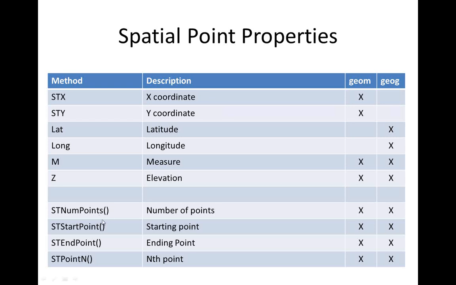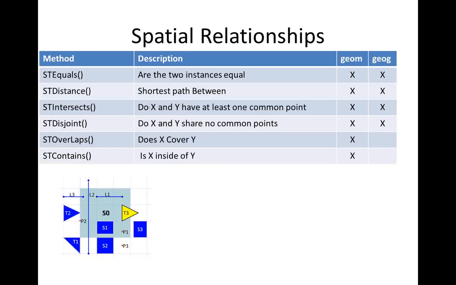And then you have some other methods like getting the number of points if it's a geometry, getting the start point, getting the end point. We'll have a demo of that later as well. Then there's methods to test spatial relationships. So if two objects intersect each other, if they're completely disjoint, if they overlap, if one completely contains another, what's the distance, the shortest path, and then if two objects are equal. So we'll go here